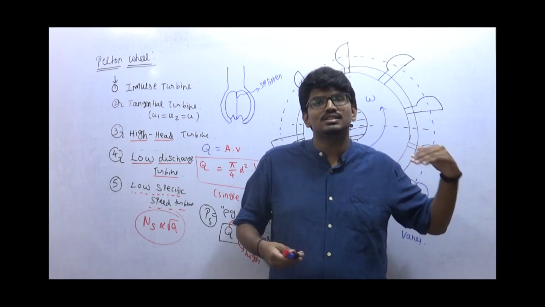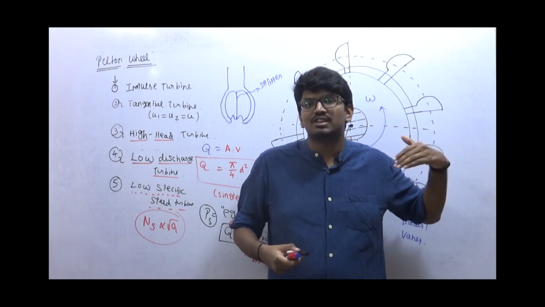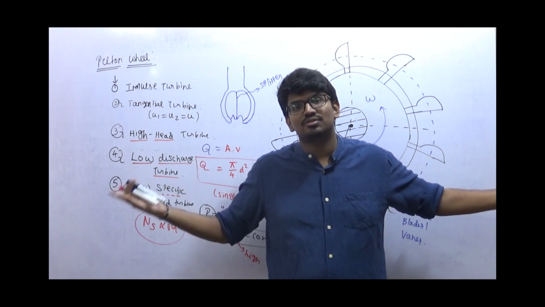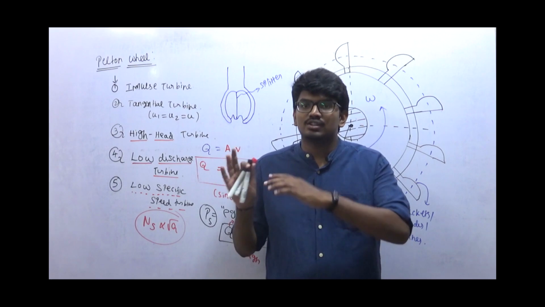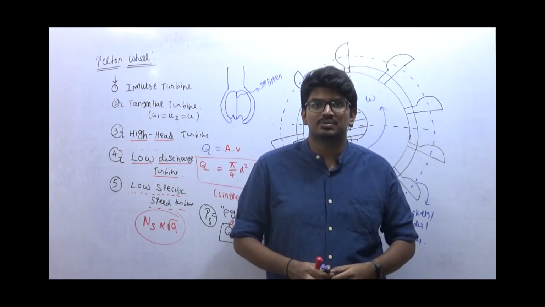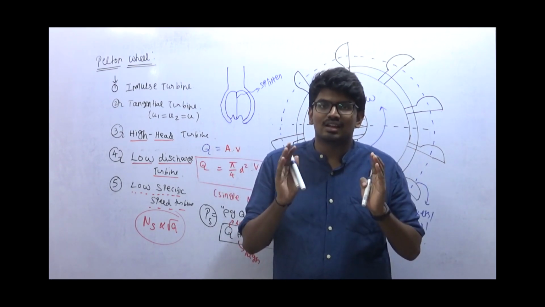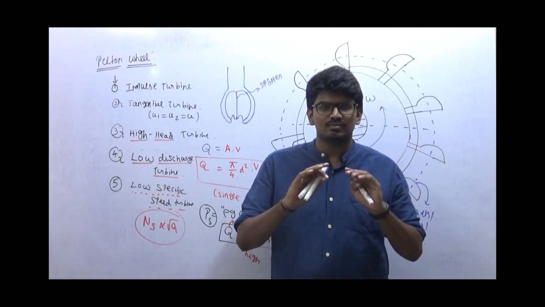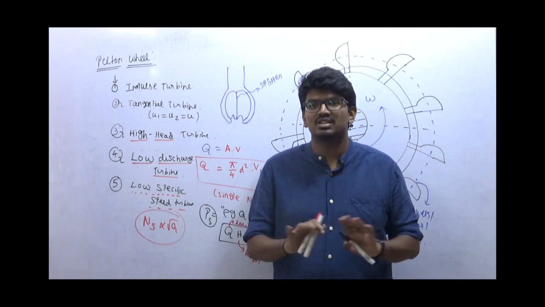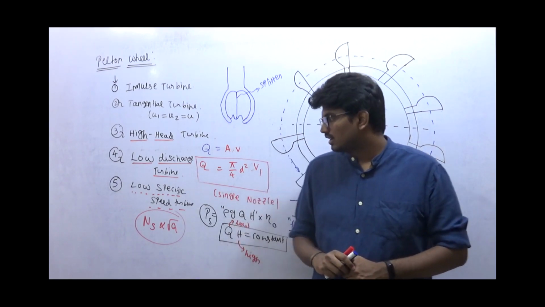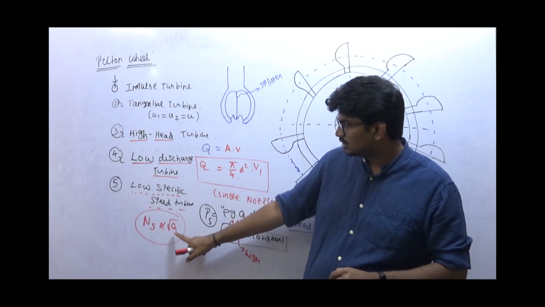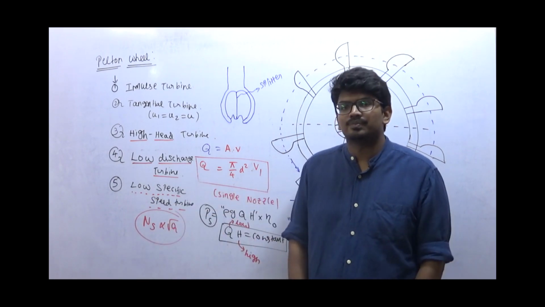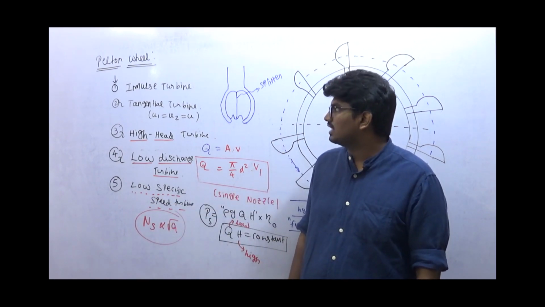But since in case of pump, most of the times I will be specifying using the discharge, I will be using discharge based specific speed. And in case of turbines, most of the times I need to specify with respect to power, so I will be using power based specific speed. But both the equations, discharge based specific speed and power based specific speed, are common for fluid machines. Any fluid machine, they are common. So Ns is directly proportional to root of Q. So if there was low discharge, then there will be low specific speed.